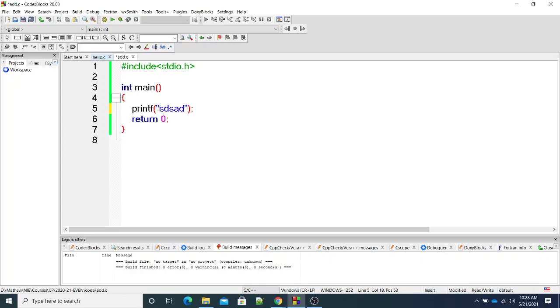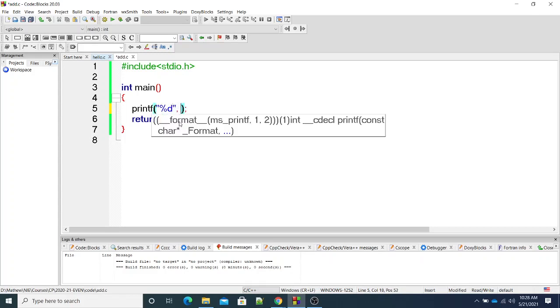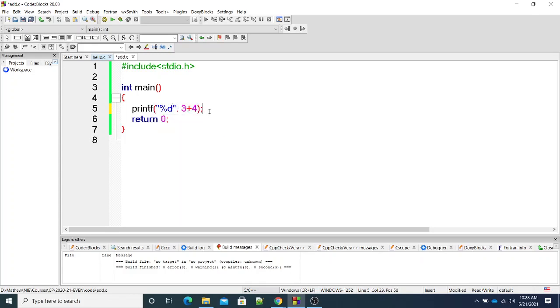Here I am going to put something called %d and a comma. Before we get into adding two numbers, I'm going to display a number.